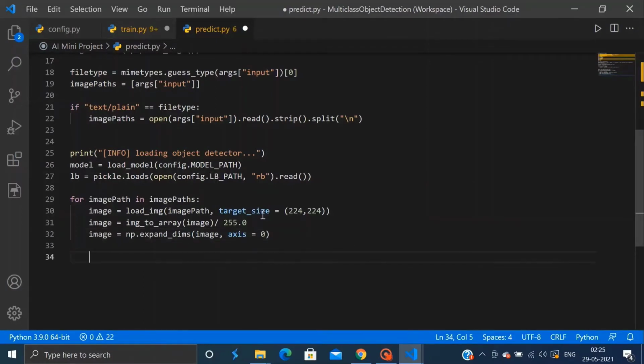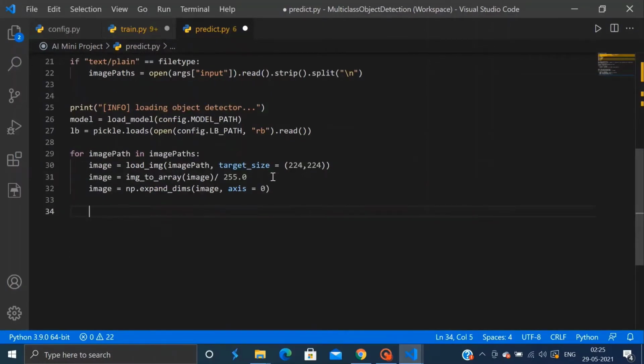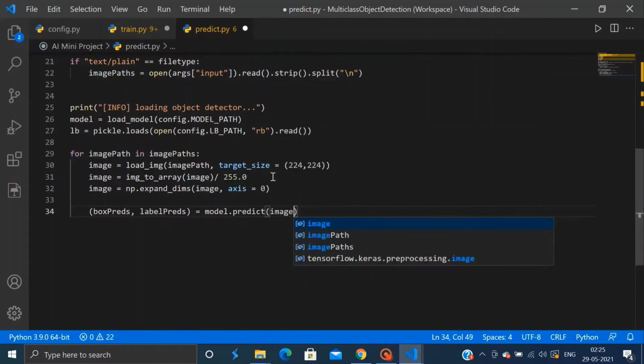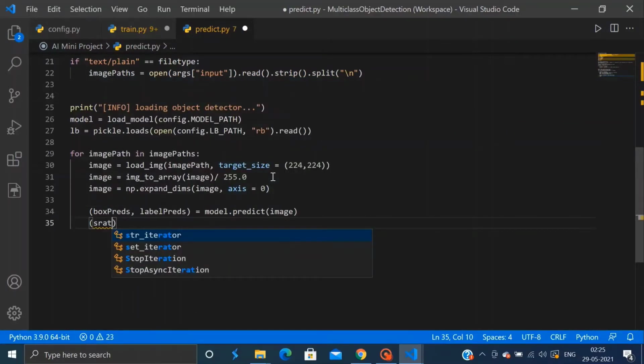We will now make a call to the .predict method of our model, which results in two returned values: the first one being the bounding box predictions and the second one being the class label predictions. We will do that in this line, and then we will extract the bounding box coordinates.